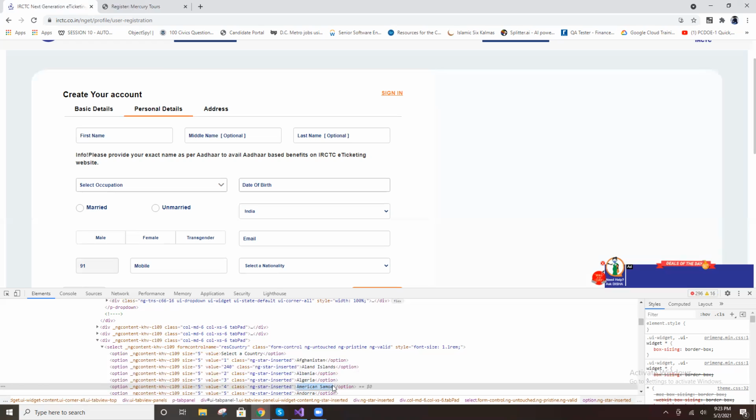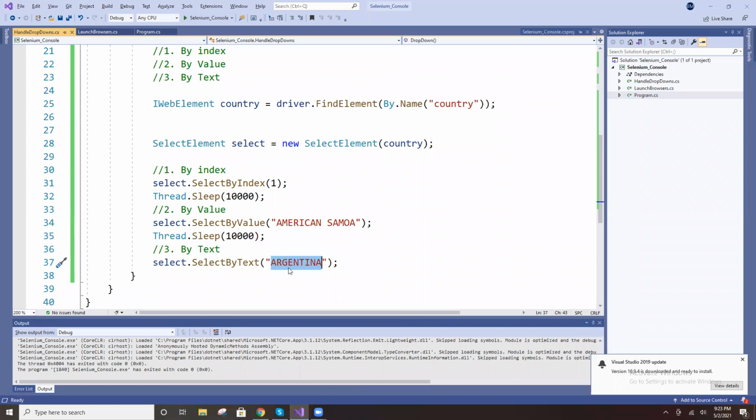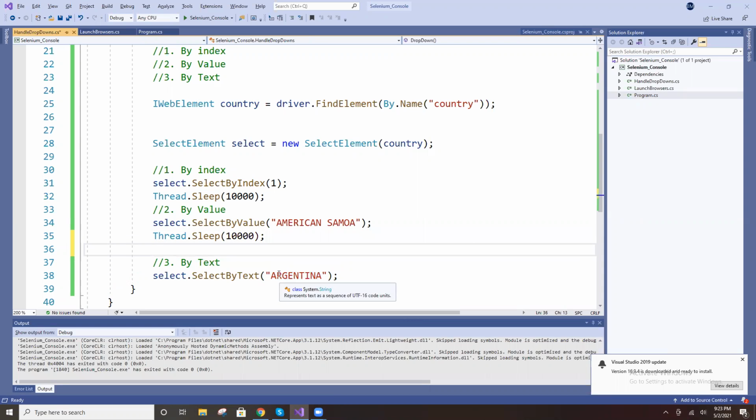Anywhere the country name is America, it stays American. For that reason, text is the most recommended, since country names never change.